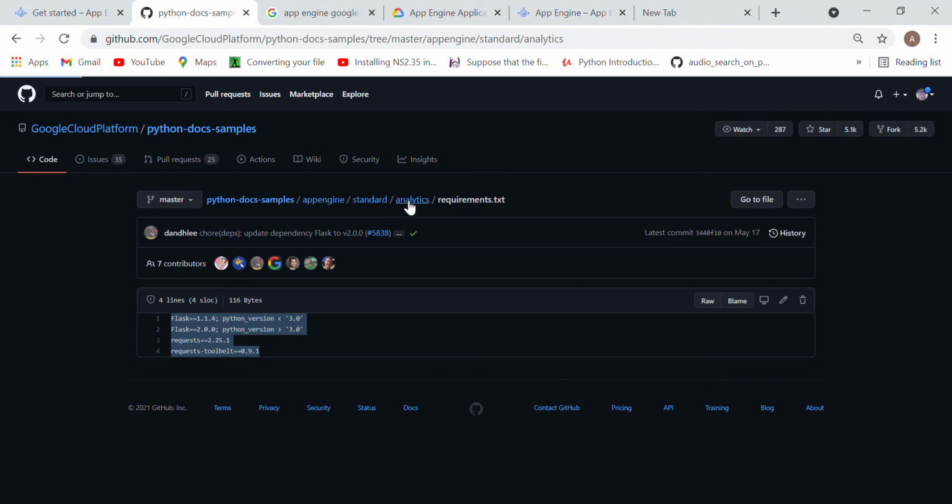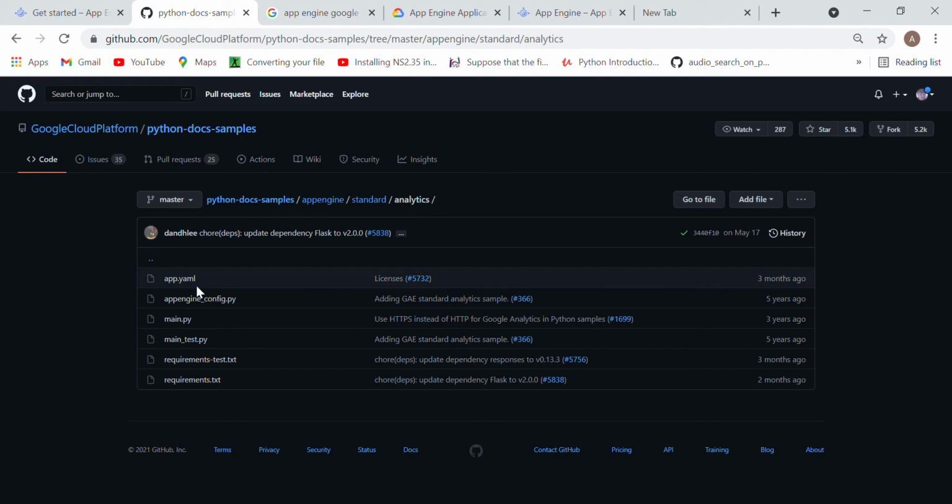Now a question might be coming to your mind: what is this YAML file? We say YAML file. What does this file represent? This is a configuration file. This file is needed to deploy your application on the cloud. This file will have details about what operating system you are using on your system, what the version is, whether it is Linux, Windows, iOS, or Mac, what memory you have, what storage you have, what processor you have. You need to add this configuration manually in this file, and then add it in this folder where you kept all the other files. Then you can simply run it on the cloud.